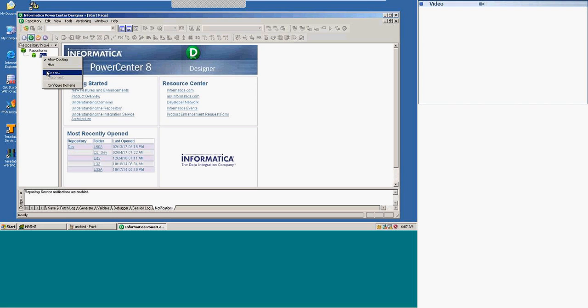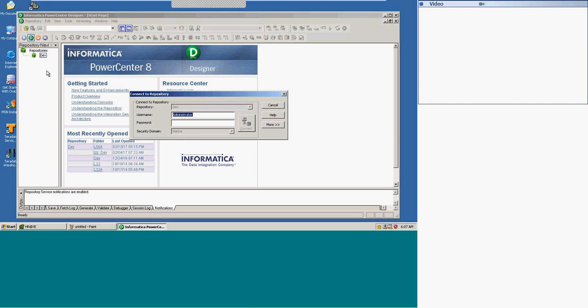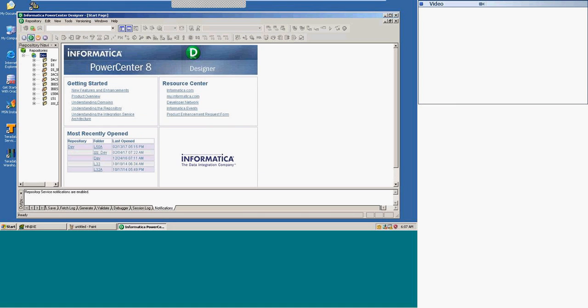So here, go to connect. Give the password. My password is again administrator. That's the secret I am going to tell you. Okay. And the username is the same. Connect. And then